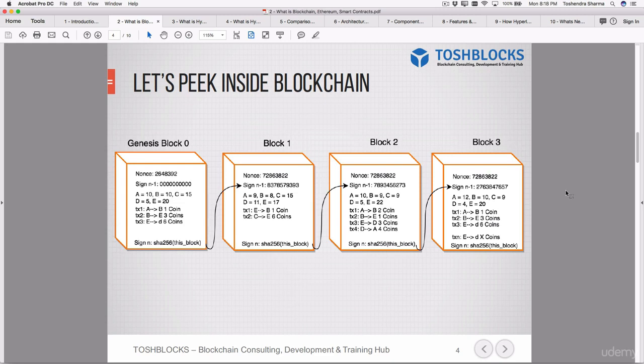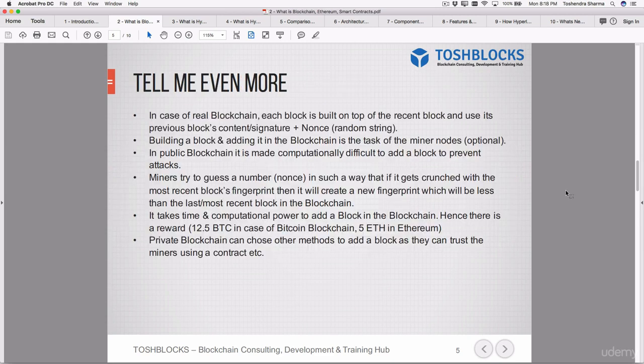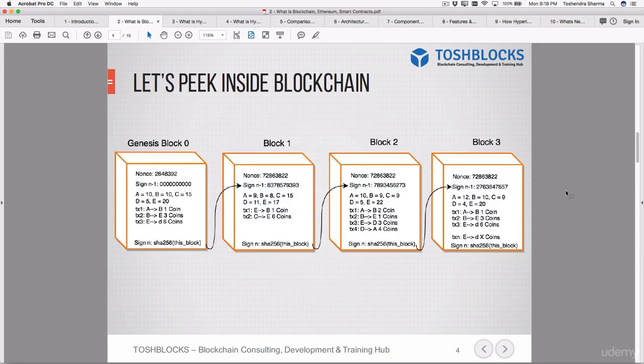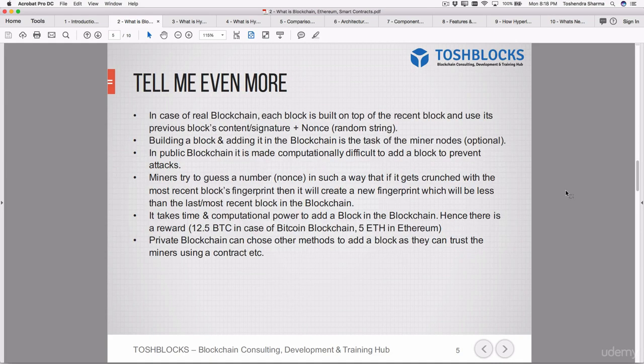So that's how small tampering of the records can be captured very easily without any heavy computational algorithms or power. That's the beauty of blockchain, and that's how immutability is achieved, because it is very difficult to change and very easy to detect the changes. That's called immutability in blockchain.